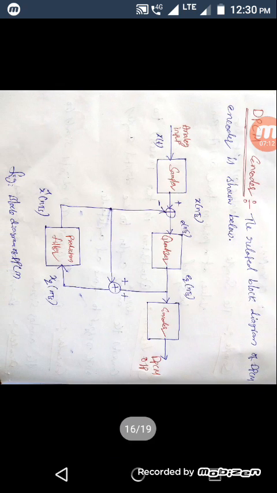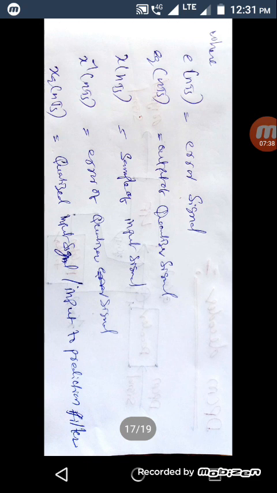And next we are seeing the quantizer error, the error of quantizer input signals. The quantizer produces a signal that indicates eq of nTs, which is known as the quantized error signal. And xq of nTs and x bar of nTs indicate x cap of nTs, the error of quantizer signal, and the quantized input signal or input of prediction filter.